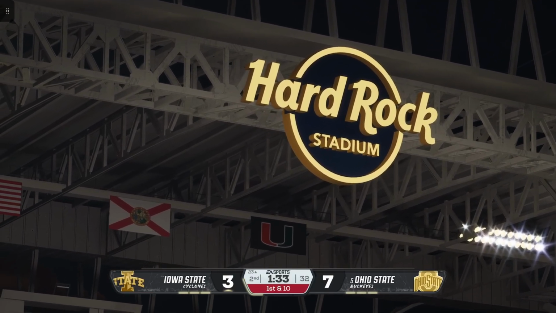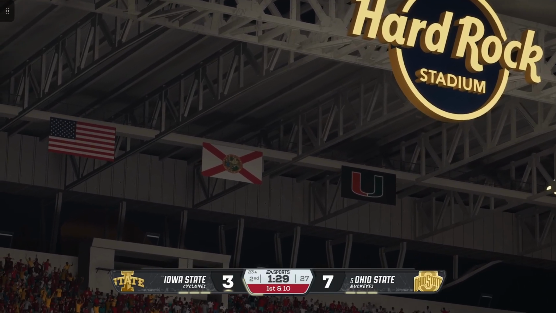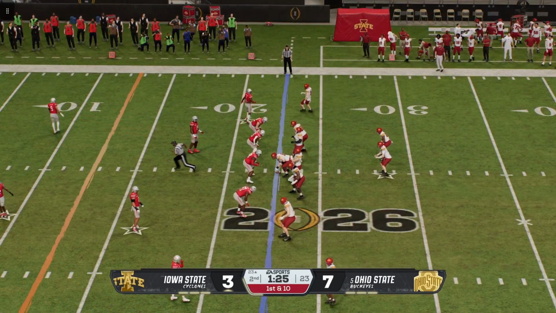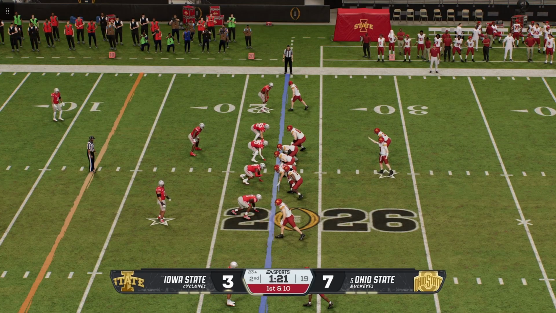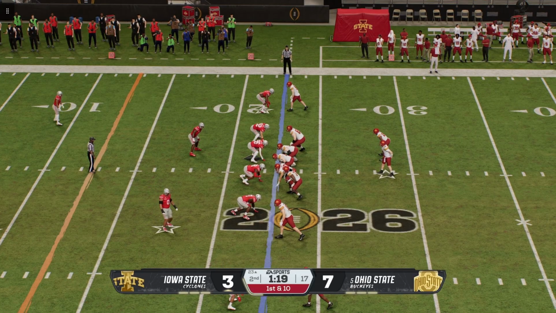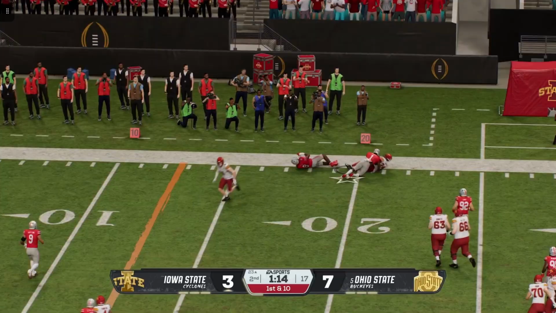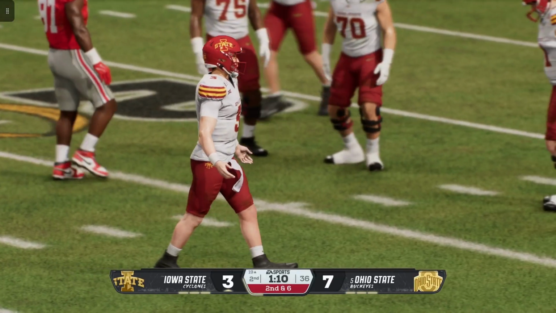It's hard to be in man coverage when a quarterback has this kind of time to be able to navigate and find the open man. He finds his receiver pulling away from that defender, makes a nice throw and a first down. The Cyclones have 1st and 10 here. There's the snap. Quarterback setting up to throw. Finds his man. They get him down quickly, not much of a gain on that completion.